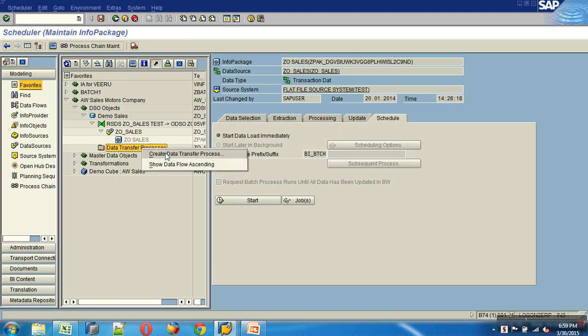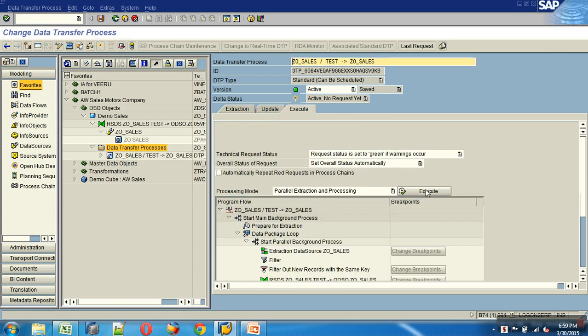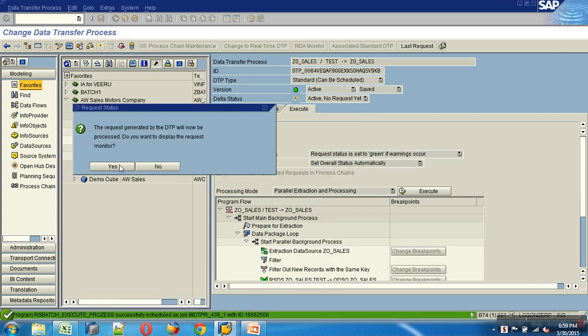So I'm running the info package, then the DTP. When the DTP loads data, which table does it go to?